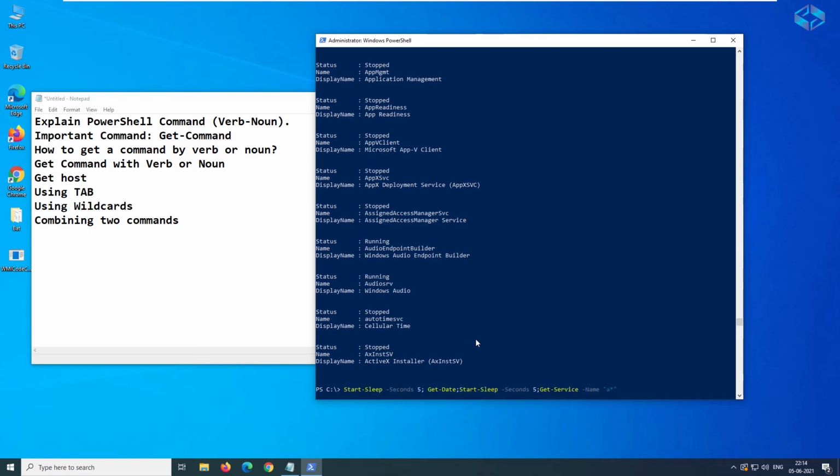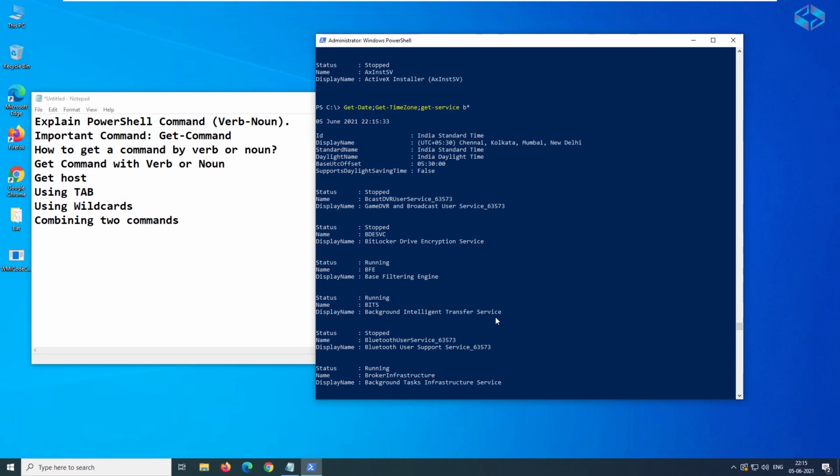So it is not necessary as a last step here. We need to use the sleep command here. Instead we can have anything. It is just an example, just to show you. So you can have Get-Date, then here Get-TimeZone, maybe Get-Service, maybe here we have multiple A. Okay, start with the B maybe.